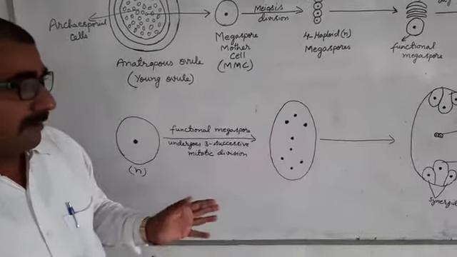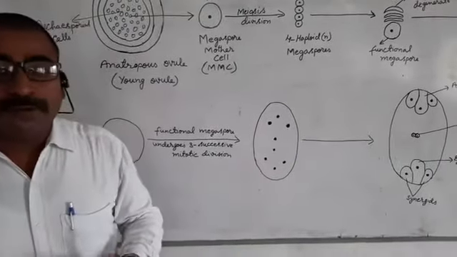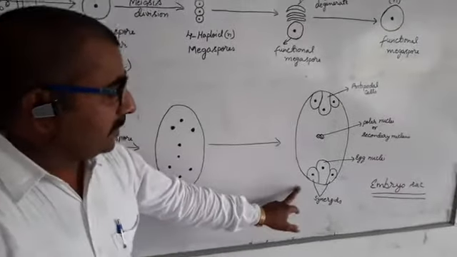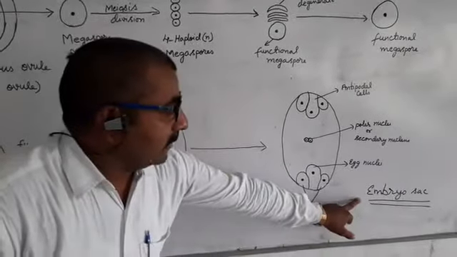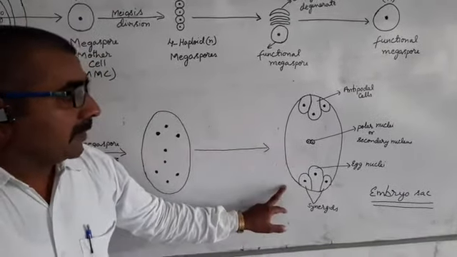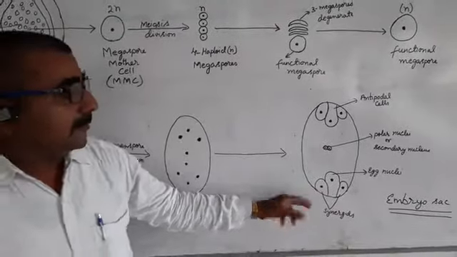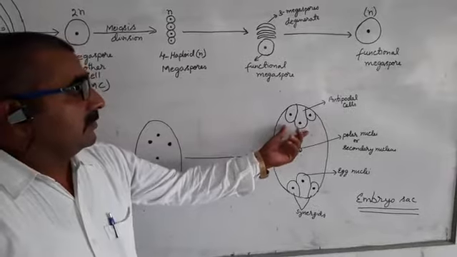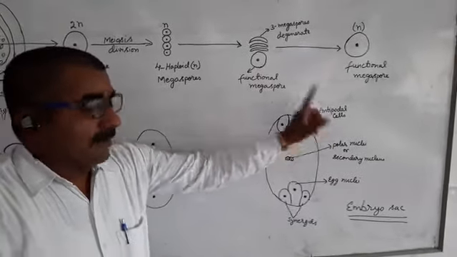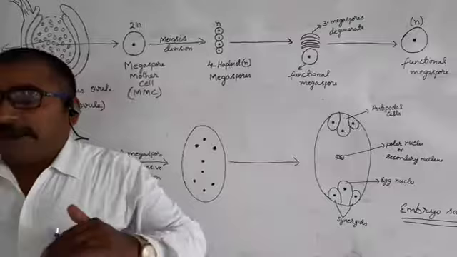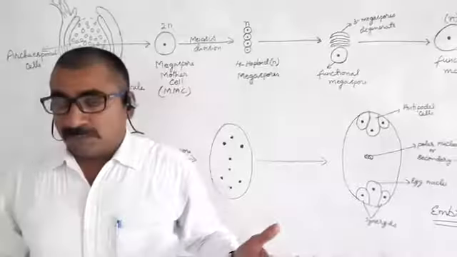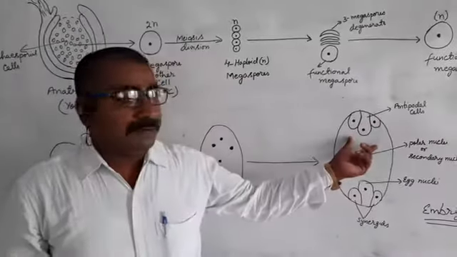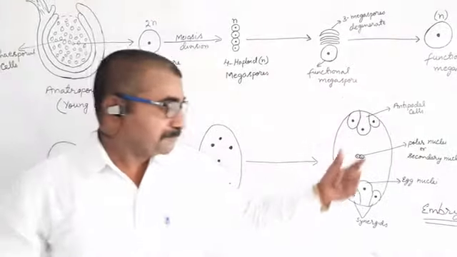Now these 8 nuclei undergo certain modifications, and as a result a complete embryo sac is formed. Here I have shown you the diagram of the embryo sac, which is also known as the female gametophyte. You can see 3 cells arranged here, and these 3 cells are called antipodal cells. Antipodal cells, students, lie towards the chalaza end, which I have shown you in the diagram of the ovule.